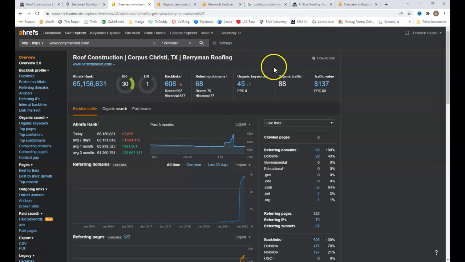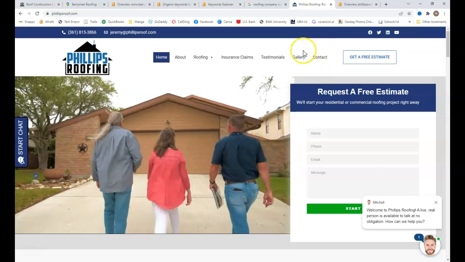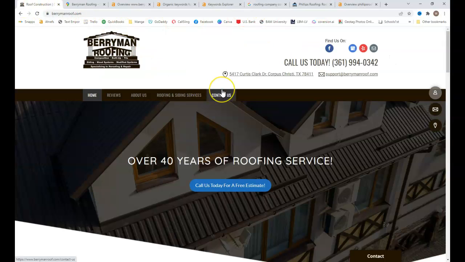And, just looking at one of your competitors, this is Phillips Roofing. They don't quite have a 1-to-1 ratio, a little less strong in the UR rating, but their DR rating is a lot higher. And as you can see here, they're getting almost 3 times the amount of traffic. And their do follow links that are sending them power, they have quite a few more. So this is kind of where you want to get to. You can definitely outdo them, and you can definitely eventually outrank them. But this is probably one of your top competitors, and they're running ads, and they're also ranking in the map pack.